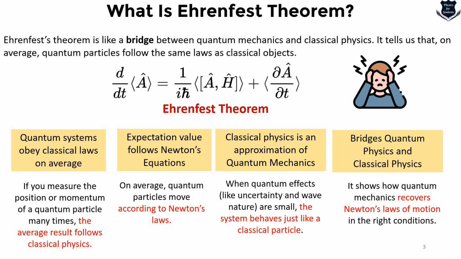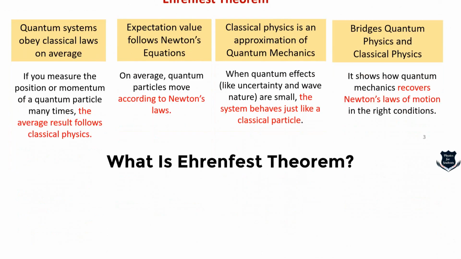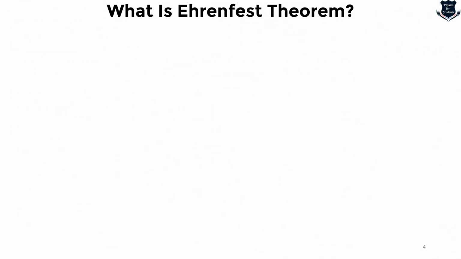Although this is a kind of hand-wavy easy understanding, we will take the equations one by one and understand that. But for the time being, let us understand that it acts as a bridge between classical and quantum physics. And overall, we can say the average result from the quantum part follows what are called the classical laws of physics. Now, in order to give you a better understanding, here is a kind of pictorial understanding of the